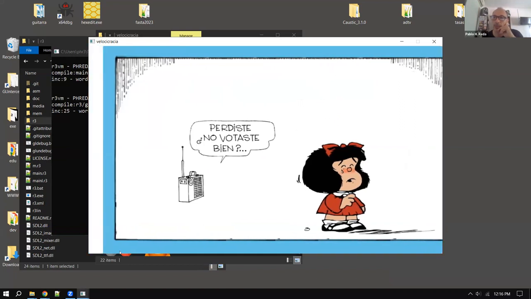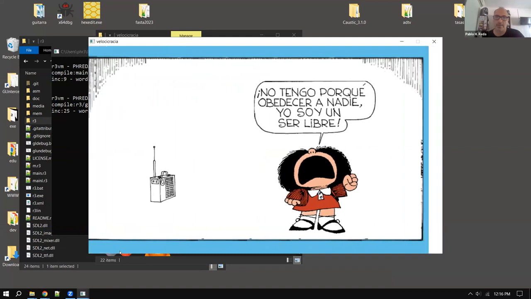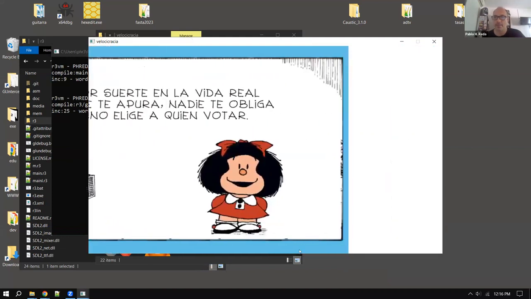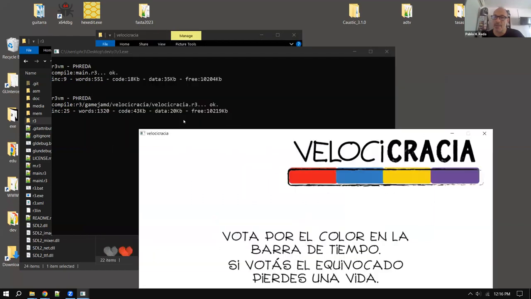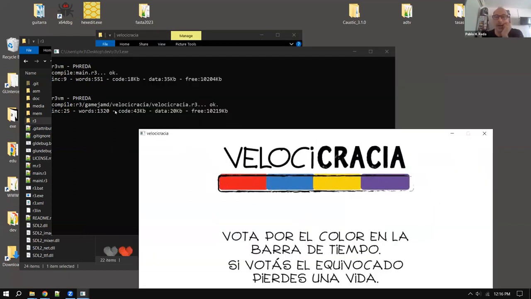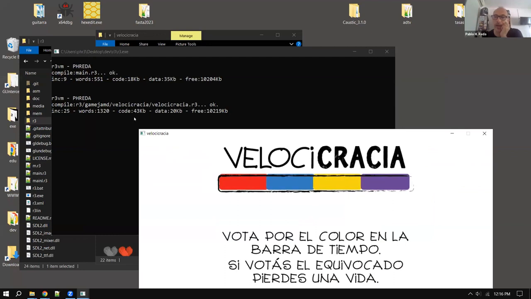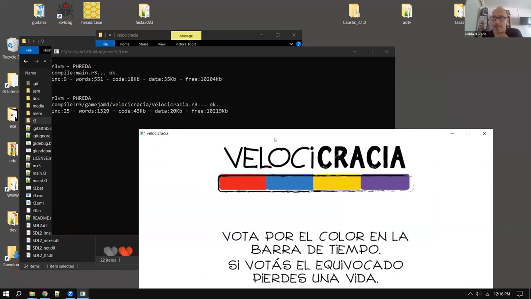This is how you lose. And return to the main window. This game is compiled to bytecodes and executed by a virtual machine, the R3,